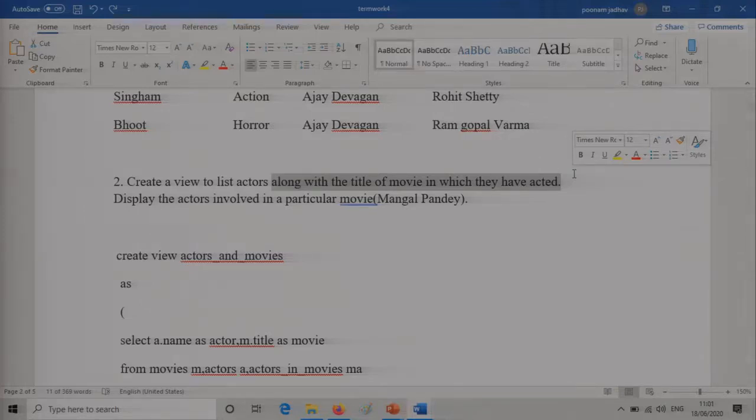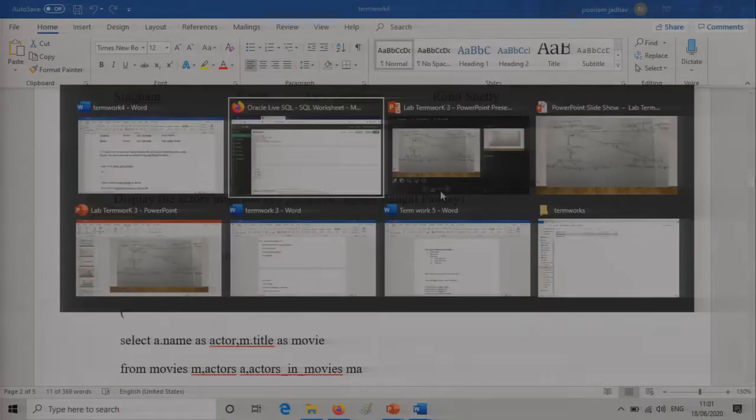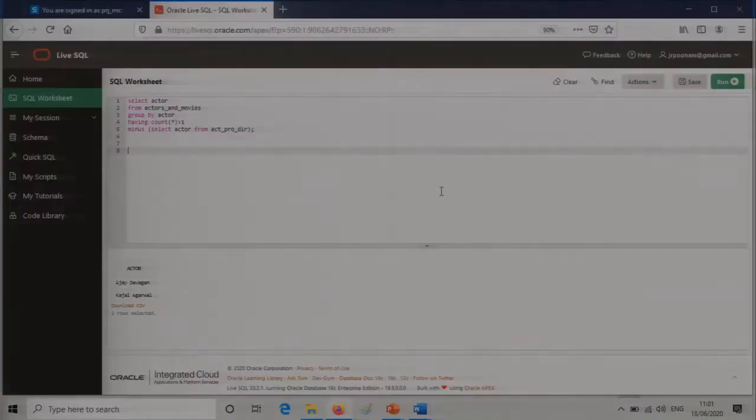We had selected the actors and their movie titles and put them in one view. So, create a view of a list of actors along with the title of the movie in which they have acted. This has the entire list of all those actors who have acted in movies.